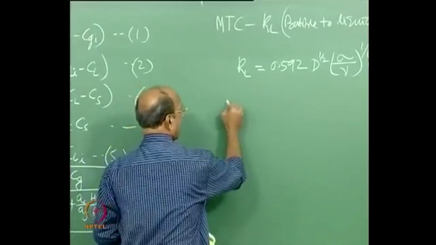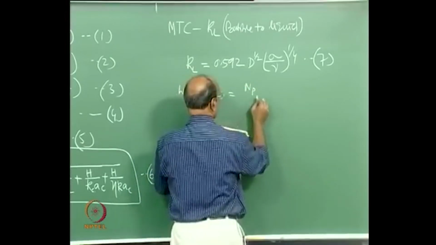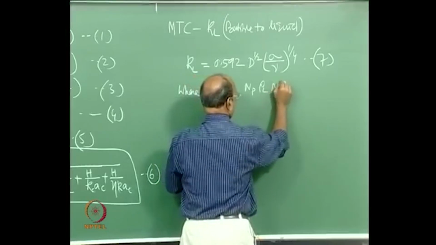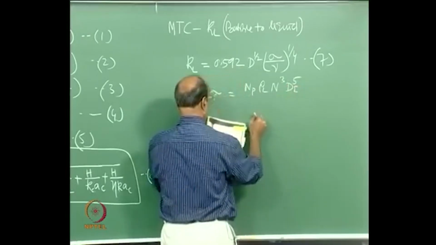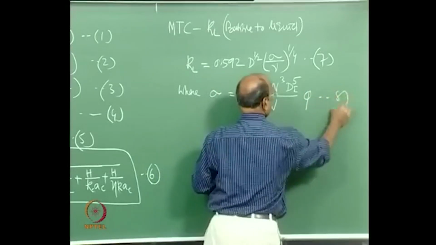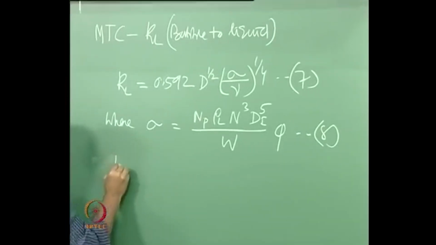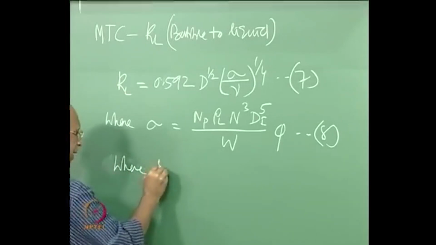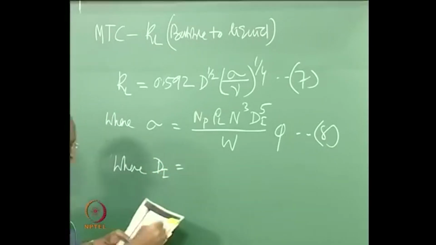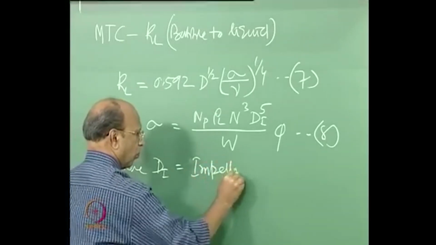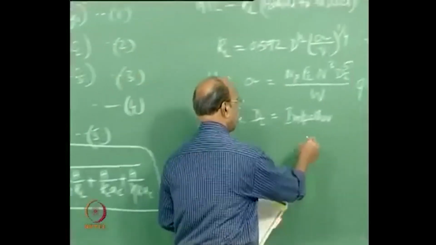Okay. So, now where sigma is N_P rho L n cubed d I to the power of 5 by W into 5. So, this is equation 8. I think here we have to write where, no, okay, again where. First let me write d I is impeller diameter. Now, you can see that they have used an external impeller in the reactor. Okay. Impeller diameter,